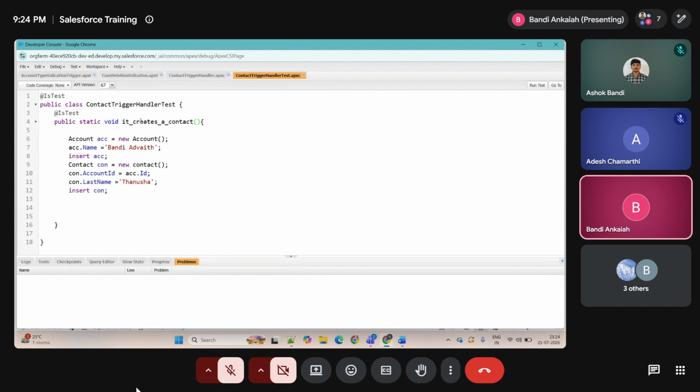So it creates a contact and updates the count at account level. Okay, so